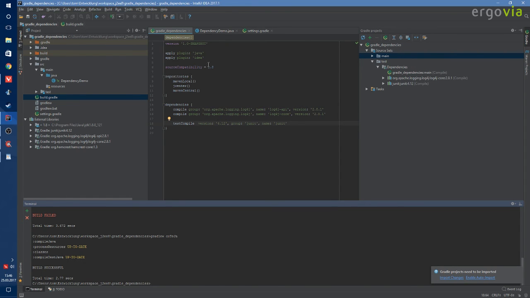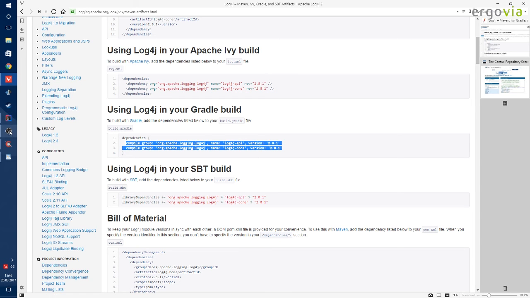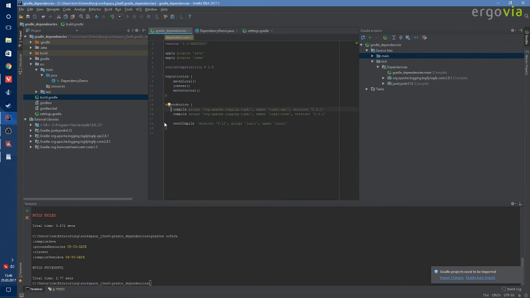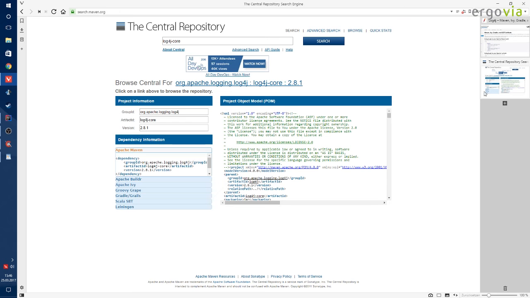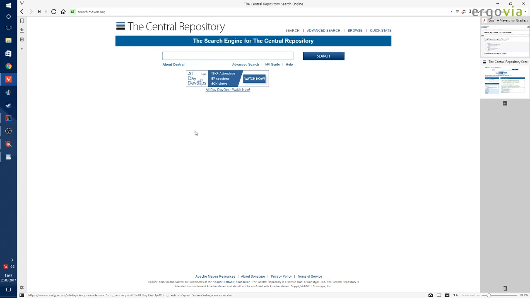So that was the first small excursion into Gradle dependencies. You now know how to do things like this, where to find them, and how to write this import. You usually find it on the Maven Central or on the documentation page. But the second thing I wanted to show you is the Maven Central, which is the second tab I have open here. So if I go to the central repository,